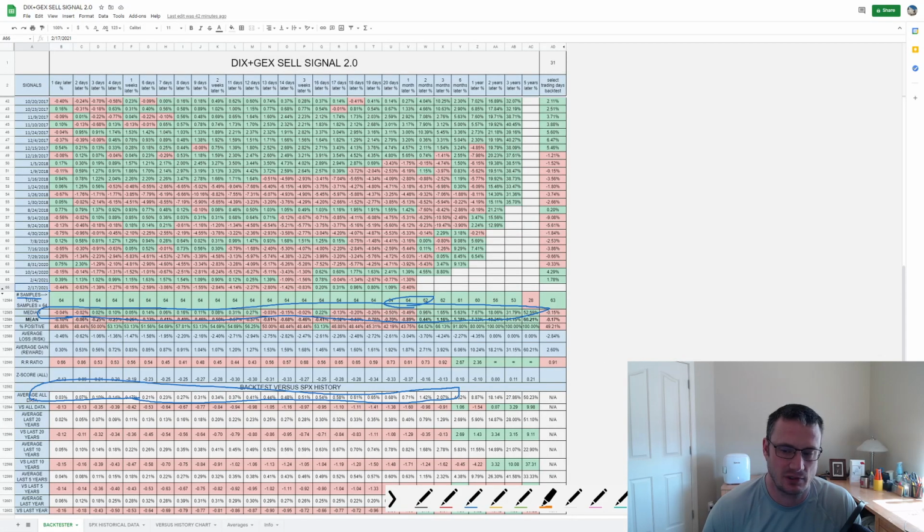This is 2.0, and for this it's the same parameters. I just added in the DIX 20-day moving average was greater than or less than 50th percentile on a rolling 1 year basis, and the GEX was greater than 50th percentile on the 20-day moving average rolling 1 year basis. So now you can see